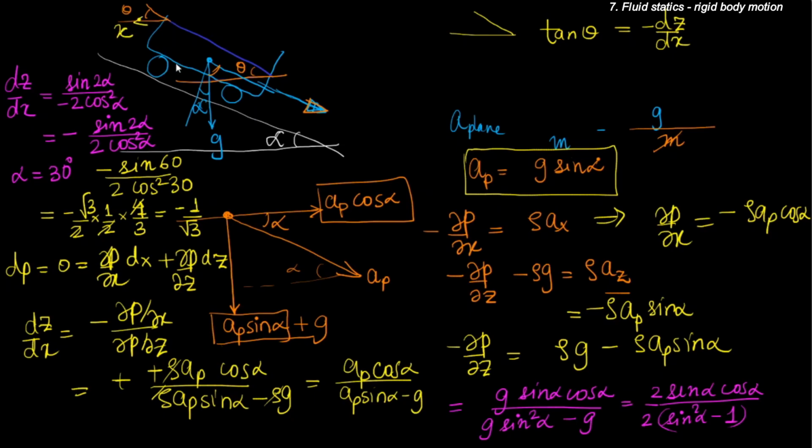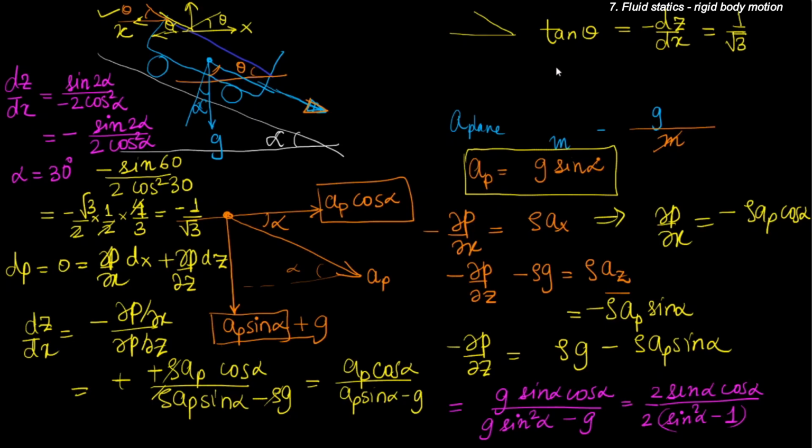The slope that we have written, dz dx, is actually in this coordinate system. So when you flip x, in the normal coordinate system this would have been our theta, but when you flip x, this becomes the theta, which is exactly what we want, and thus tan theta is equal to minus dz dx, and this is thus equal to 1 upon square root of 3,